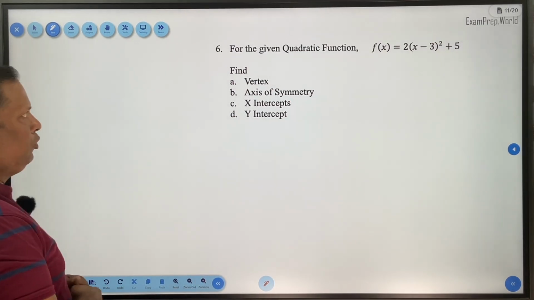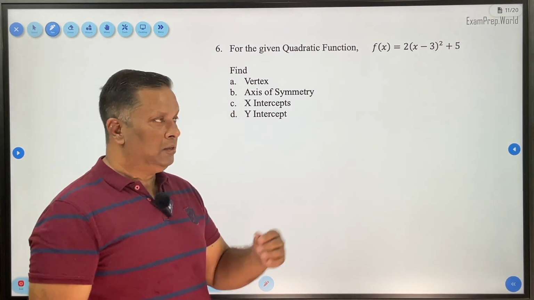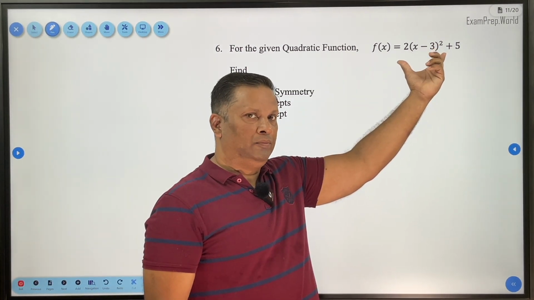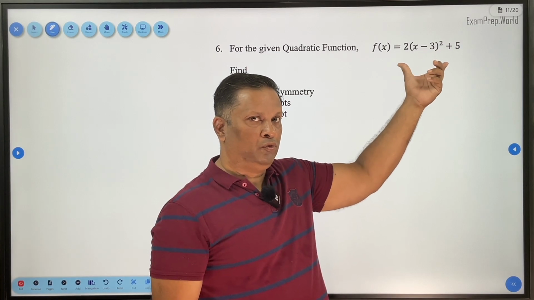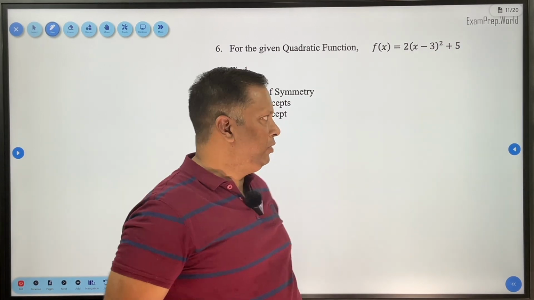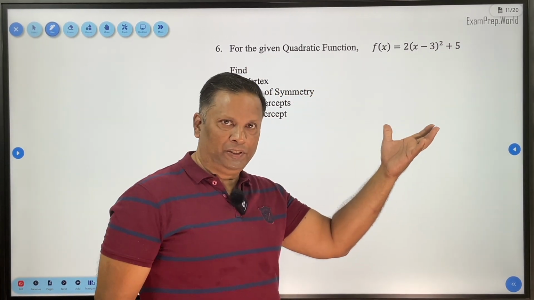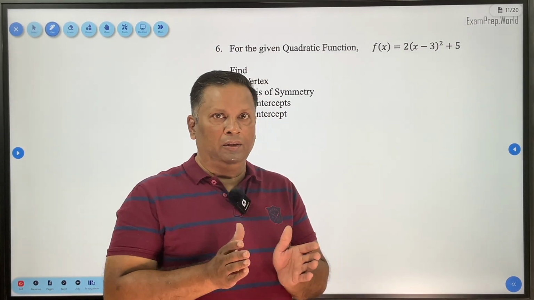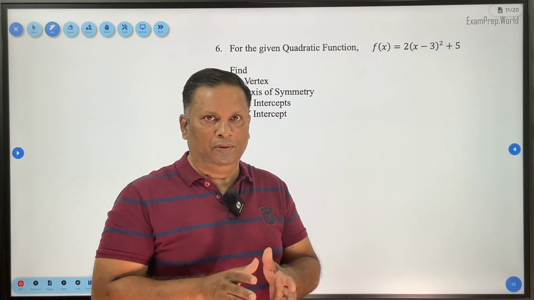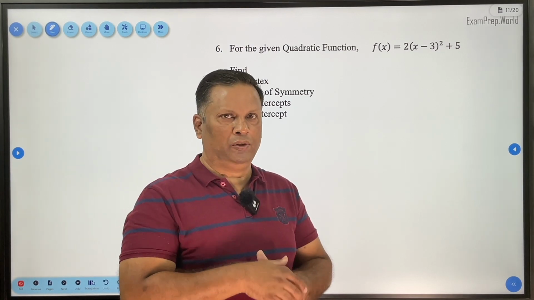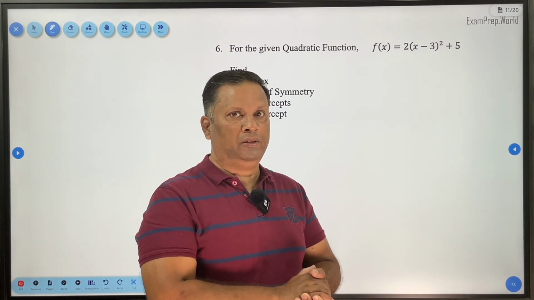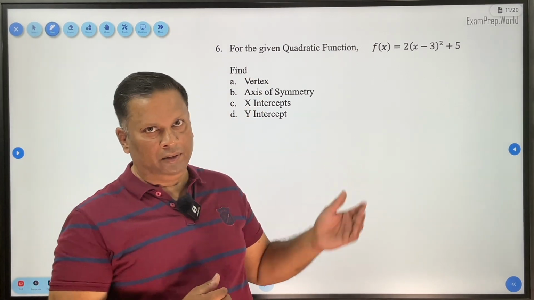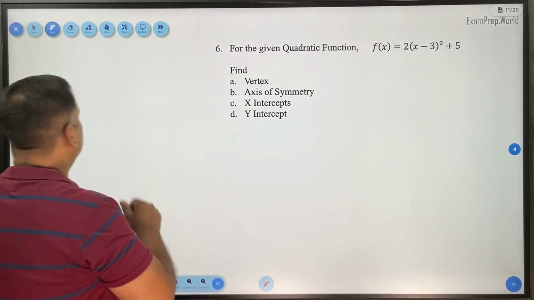I have given one more function here, but if you see, this function is not in standard form. This form is called vertex form. I will teach you a little bit about the vertex form before we go and solve this question. As the word has vertex, it gives you the vertex directly. We can get the vertex instantly, but for getting the x-intercepts and the y-intercept we have to calculate. So, vertex form is something like this: